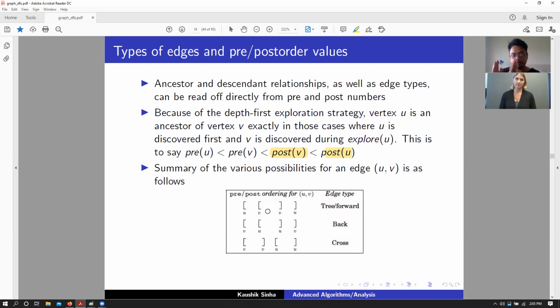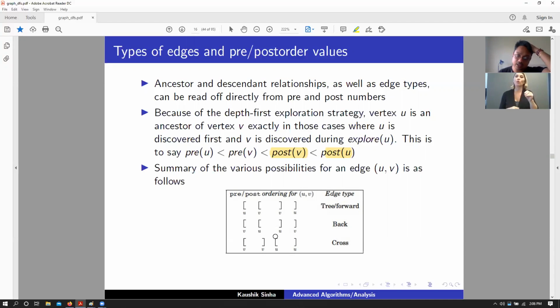So the pre and post visit numbers of V would be entirely encompassed in the U numbers. Now, the other way around would be V as the parent node and U as the child node. In that scenario, it would be sort of like a back edge, right? We would first explore V, then explore U, and once we are done with U, we stop exploring it. And once we come back, essentially, then we can stop with V.